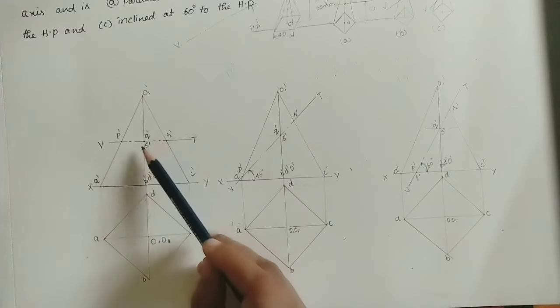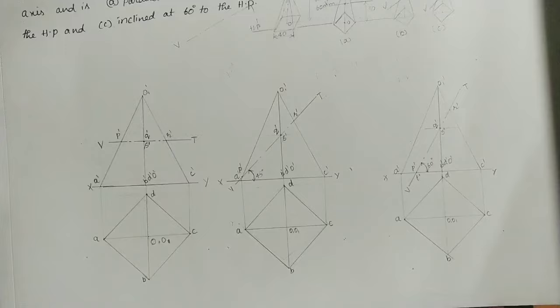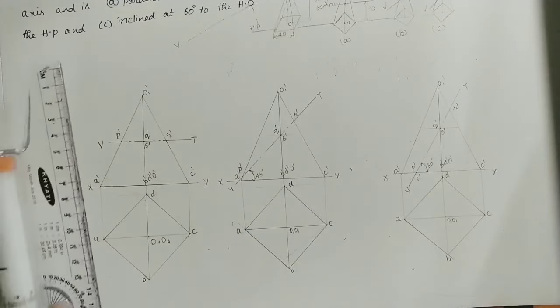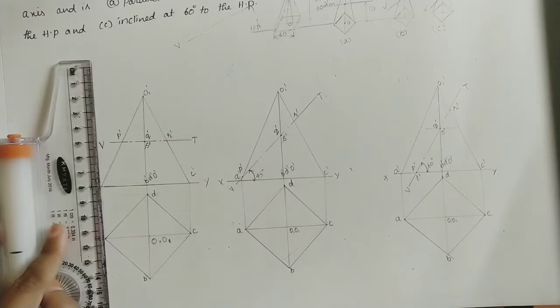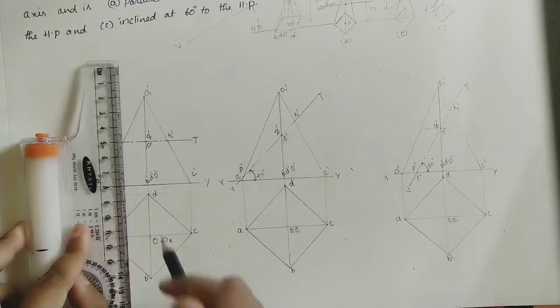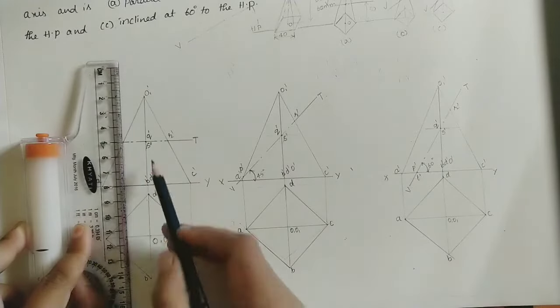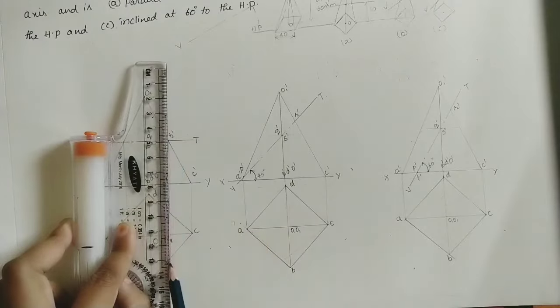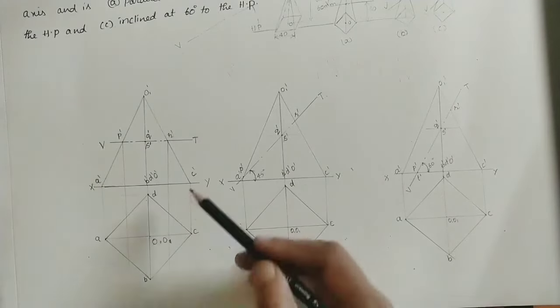So mark these intersection points in the top view also. For doing it, do the projector lines. Okay. As we know, projector lines should be in light color. Take this as the reference line. At P dash, do the thin line. And here already one line is there, no need to do. At R dash also do the projector line. Okay, up to this diagram.